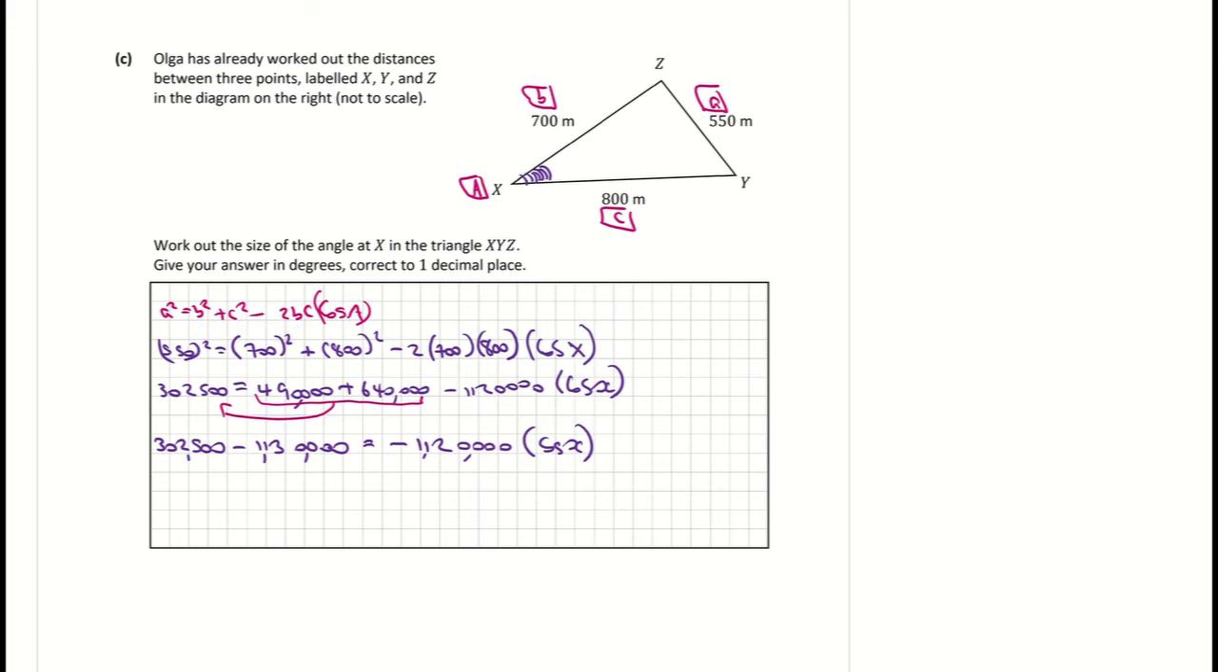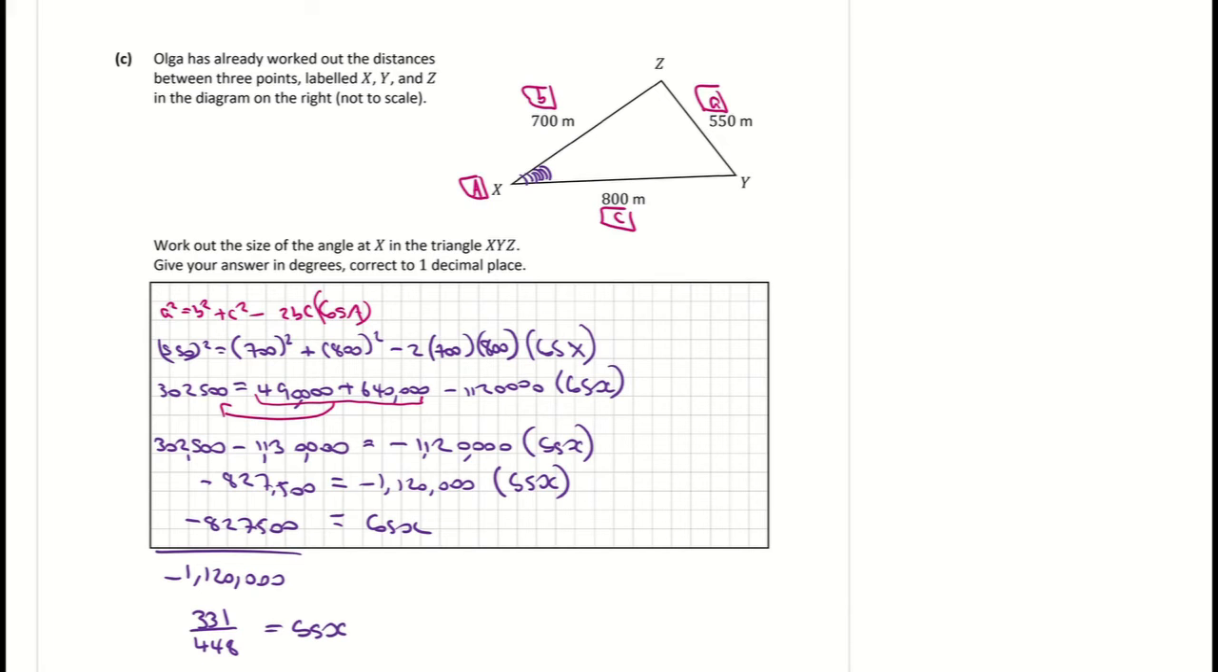If I subtract the left-hand side, that's giving me minus 827,500 is equal to minus 1,120,000 times cos of x. To get cos of x, we divide across, so cos of x is equal to minus 827,500 all over minus 1,120 followed by another 3 zeros. When I work that out on my calculator, that simplifies to a positive 331 over 448 is equal to cos